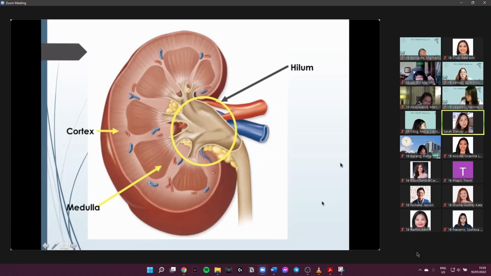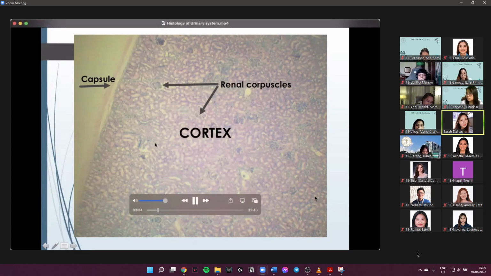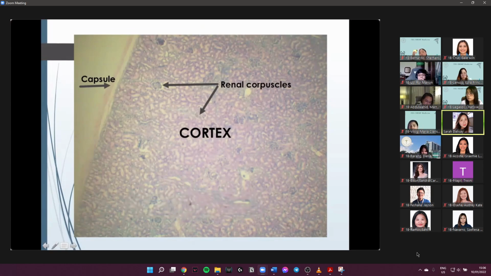So we're going to concentrate in the next slides on the histological features of your kidney. So most lateral, of course, you will see the covering of the kidney, what we call the renal capsule. So here it is. And again, right next to the capsule will be, of course, the cortex. Now, the main clue that you are in the cortex will be these roundish structures, these ones and these ones over here, which are what we call your renal corpuscles.